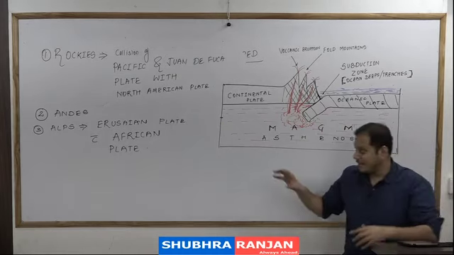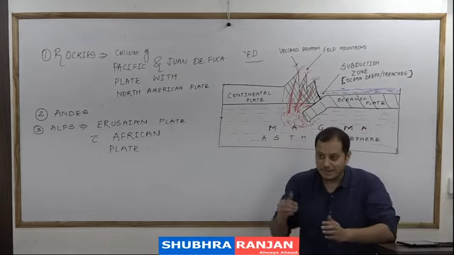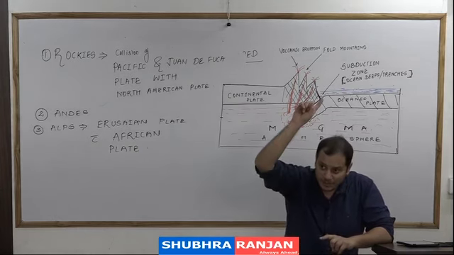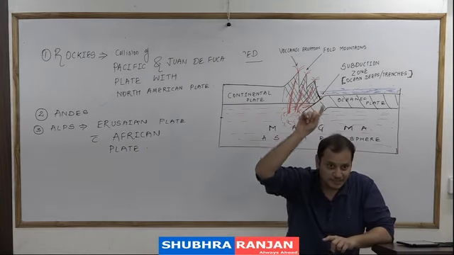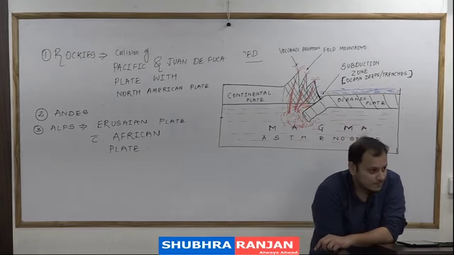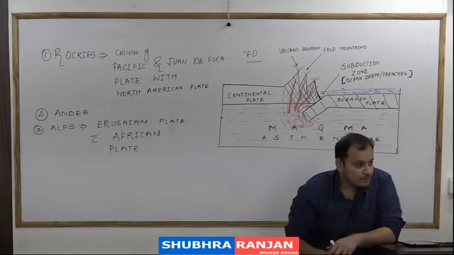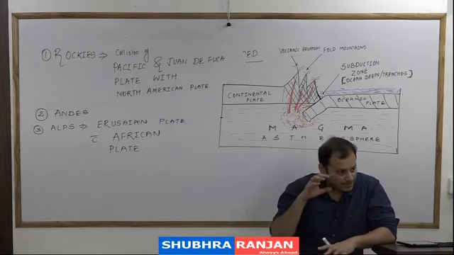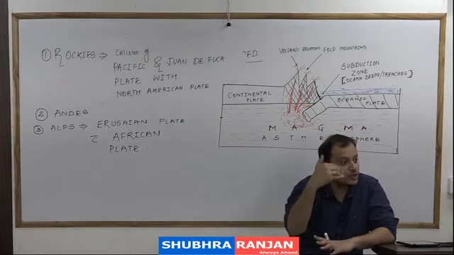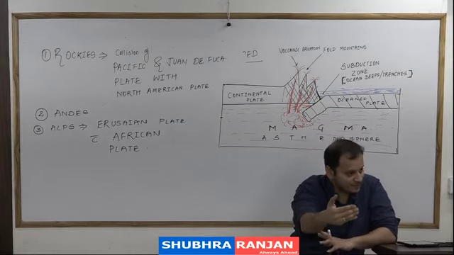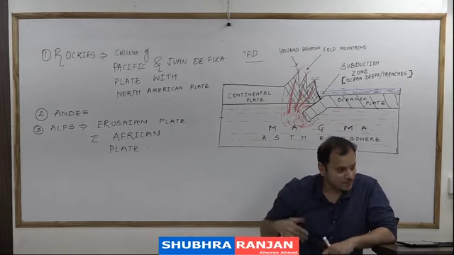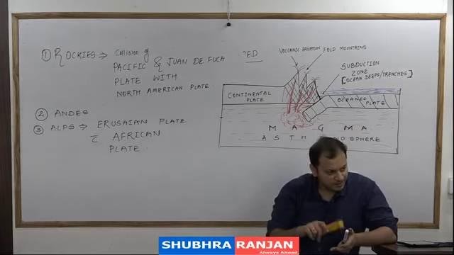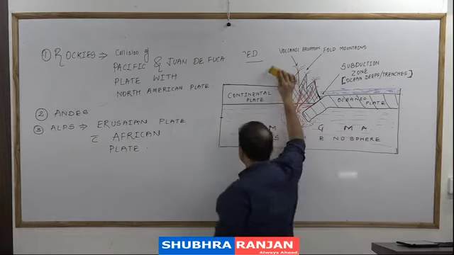Why do we say ocean-continent collision when the African plate is a continental plate? Because the upper part is the old Tethys Sea, known as the Mediterranean Sea. That is part of the African plate, but it is the oceanic part of the African plate, and after that is the continental part of the African plate. Just like the Indian plate also has some oceanic part and some continental part. Can I rub this diagram?